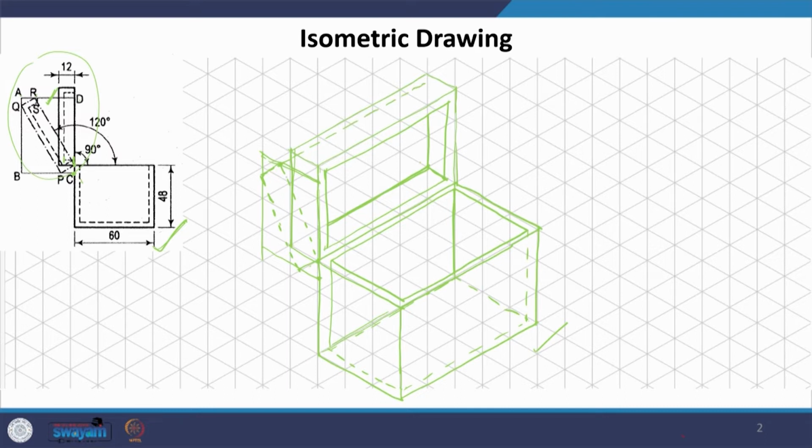This is the reference point, and this line is going to be parallel to this line. You could actually draw another line which is parallel. So, the fundamentals remain the same. Parallel lines in the original object will appear as parallel in the isometric. So, we can actually use this to draw the rest of the lines,